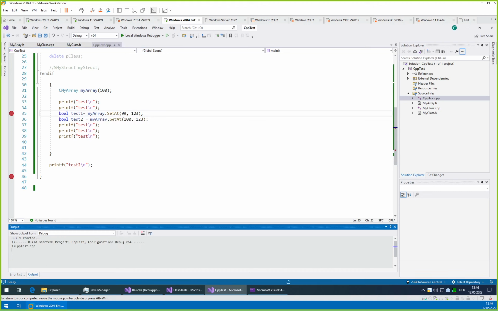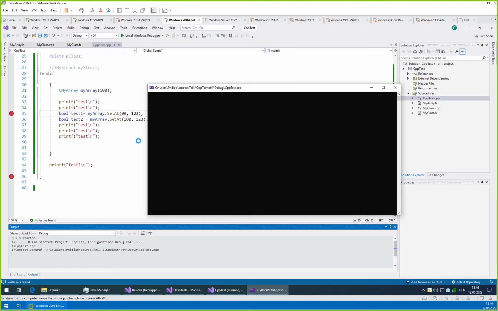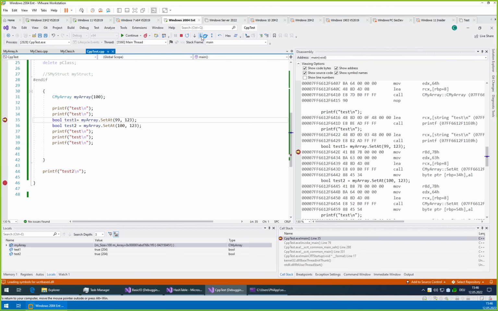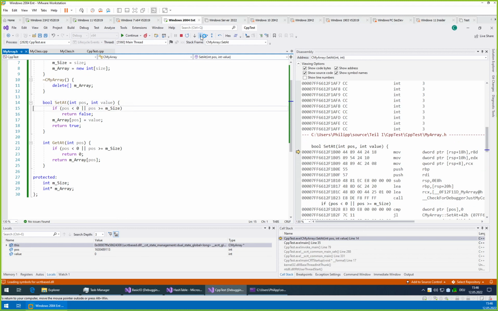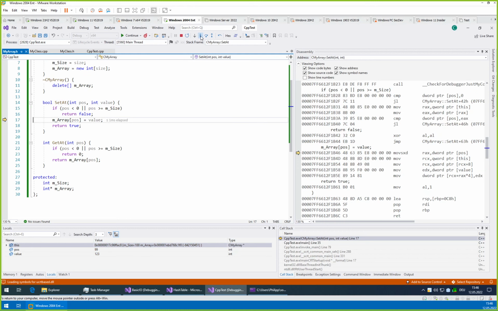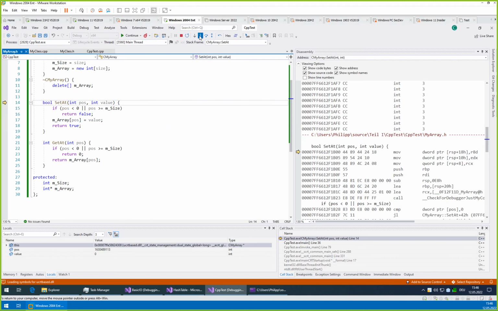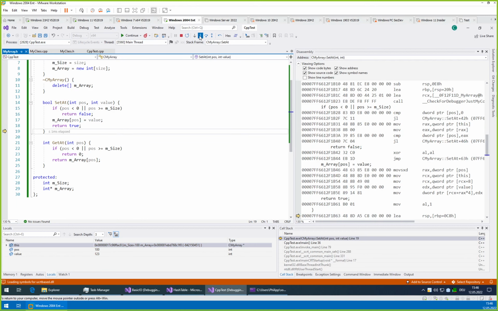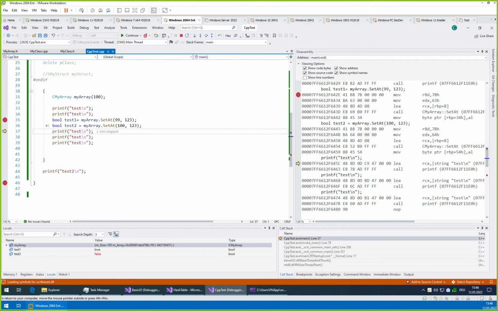If we step through it, we see that in the first case it does the assignment as it should, while in the second case it will just break and return the false result, such that at this point we could write an error or something.